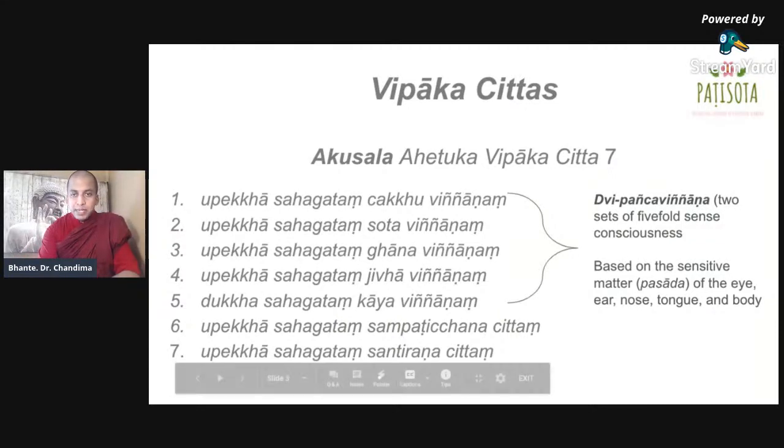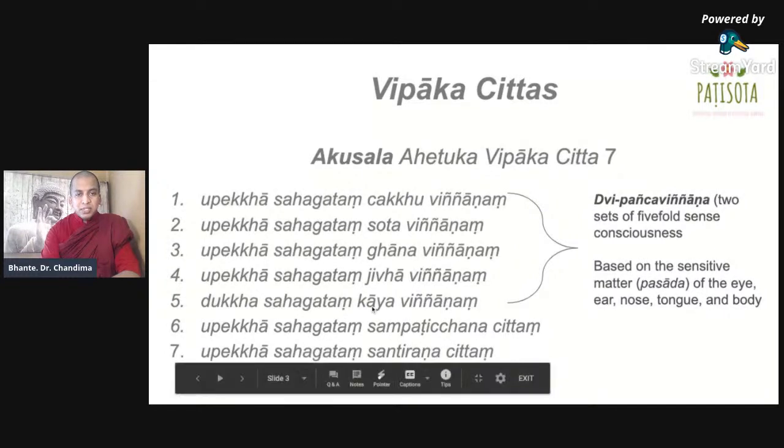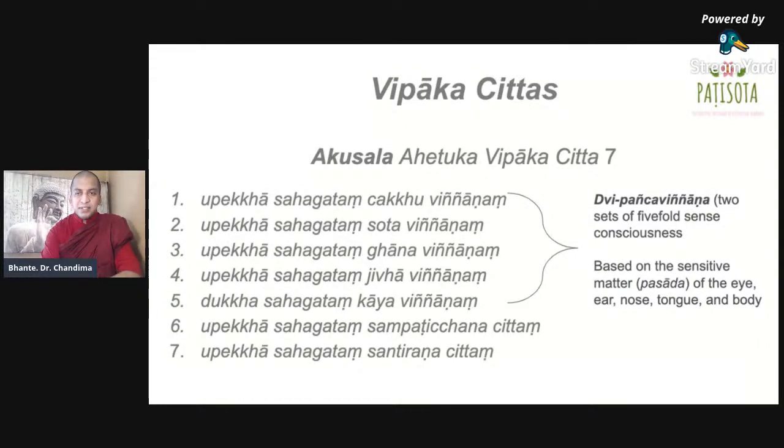Okay, now let's take a look at this particular area, Dvipancha Vijnana. Abhidhammic teachers say that these five, upekkha-sahagata chakku vijnana, upekkha-sahagata sota vijnana, upekkha-sahagata ghana vijnana, upekkha-sahagata jivha vijnana, and dukkha-sahagata kaya vijnana, all have similar names to indriya vijnanas, that means sensory consciousnesses. They all take the respective sensory objects. For example, when a sensory object impinges on a sensory faculty,